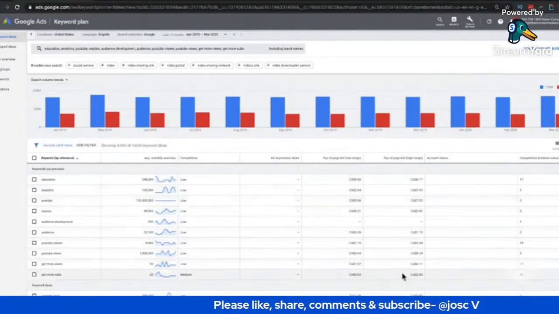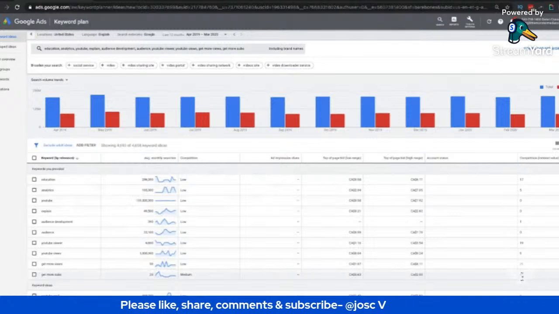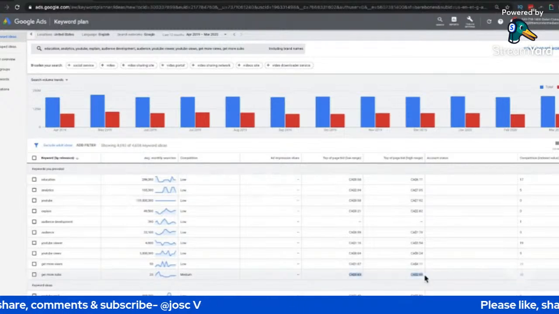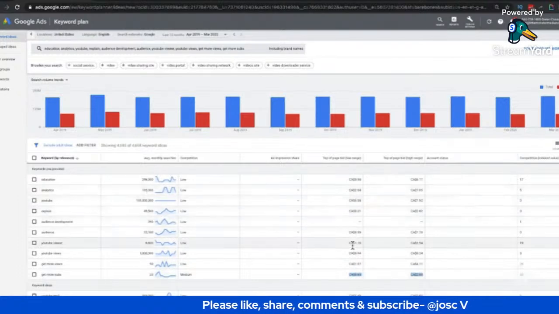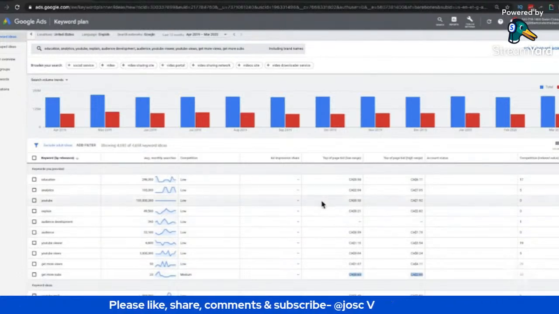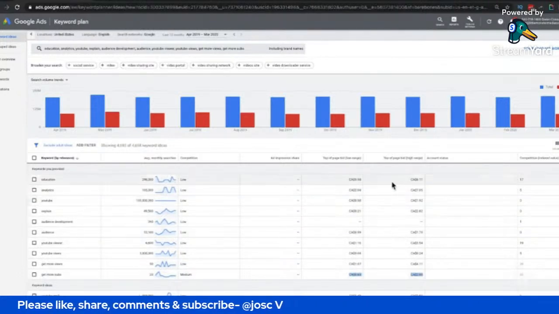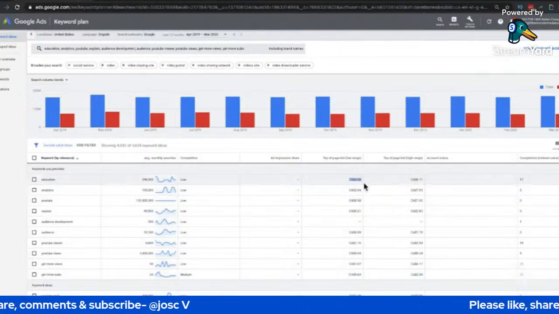So down here, get more subs. That one seems to be pretty heavily weighted, but when we look at the actual top of page bid, it's really quite low. In fact, almost all of these are. So generally speaking, these might not be the best, although education over here, yeah, this one's a little low, but